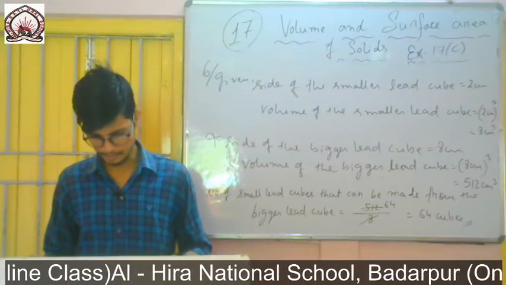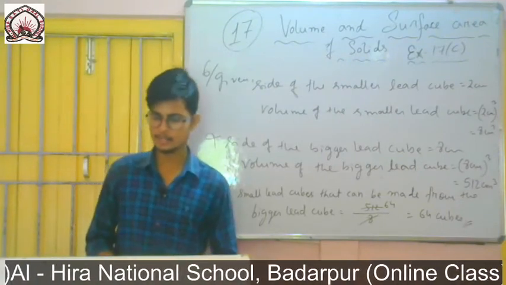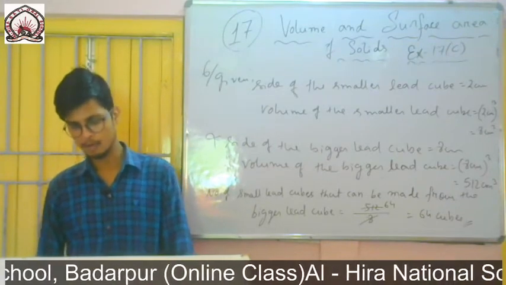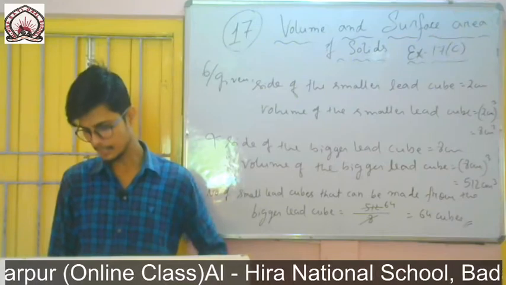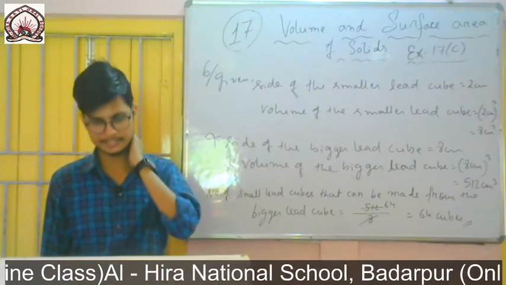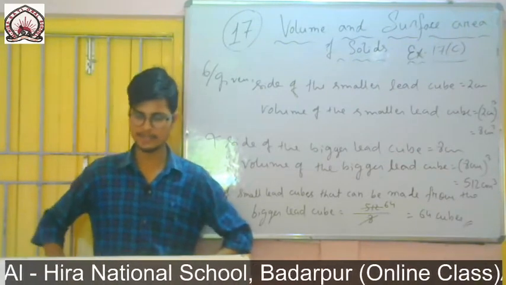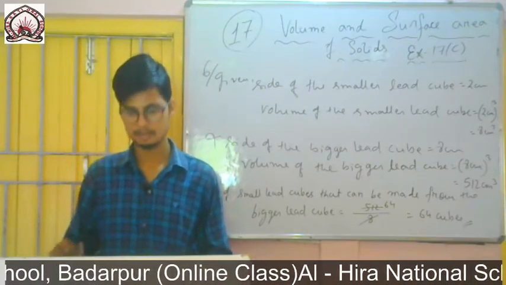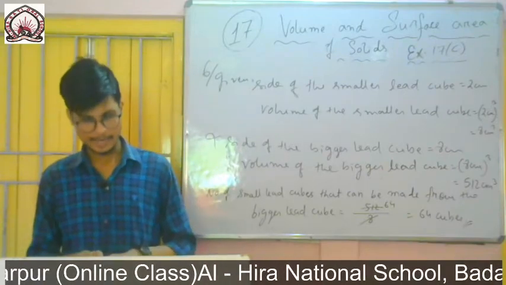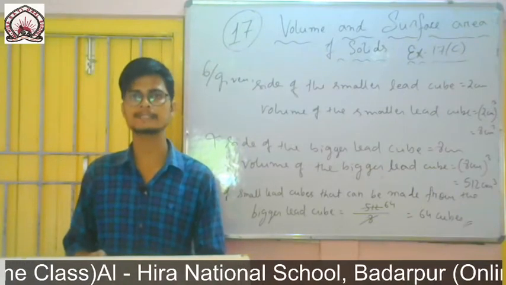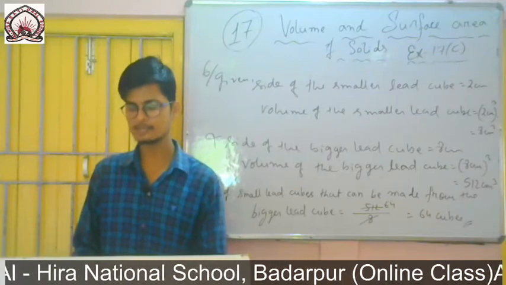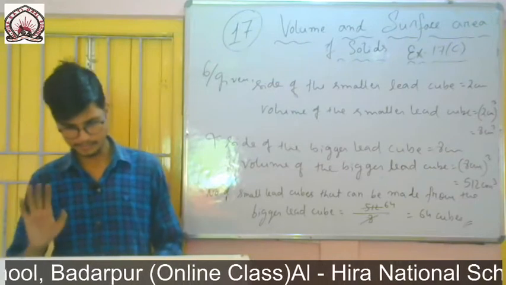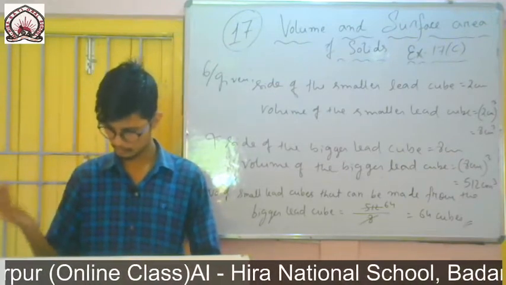So now question number 7: how many wooden cubical blocks of edge 20 centimeter can be cut from a log of wood of side 8 meter by 5 meter by 80 centimeter, assuming there is no wastage? So one thing you do in this question, I will not do this one, it will be the home task. You see the edge of the cubical box is given 20 centimeter. So first of all you convert it into meter. Okay, no need, leave it like this. You take it as the answer, okay, let them convert to meter.